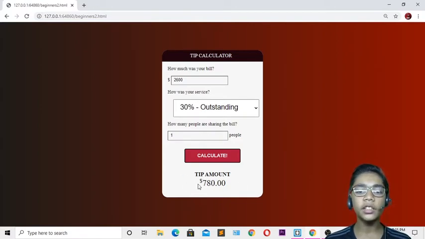I hope you understand this project, and I hope you also enjoyed it and understood how to build a tip calculator in JavaScript. I hope you enjoyed it like I enjoyed my previous JavaScript project. Just practice all of these projects we are working on, and I hope you'll be a good JavaScript programmer, like you are in Python, HTML and CSS.